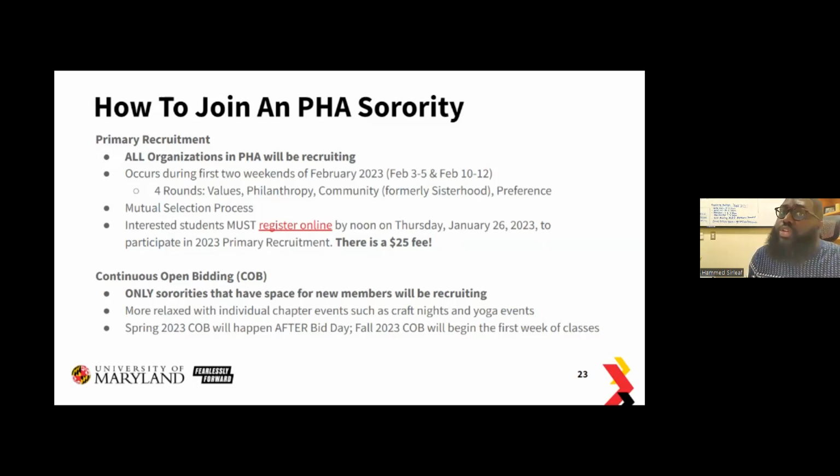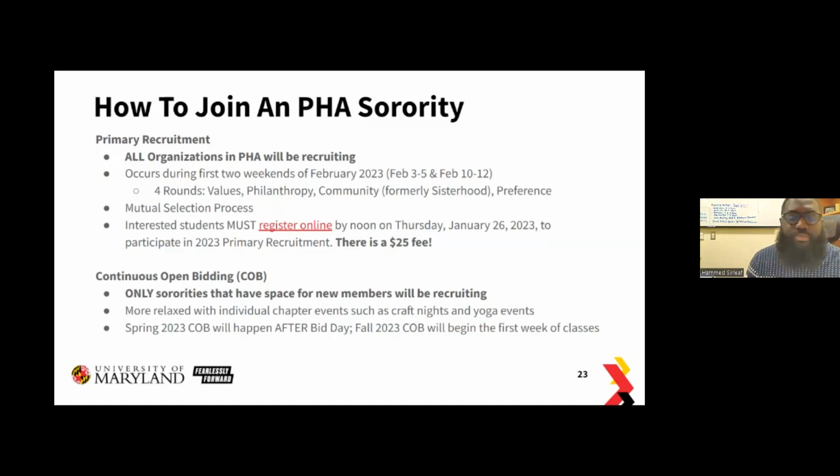And the sororities within the PHA are doing the same. So we have this computer system to help marry the two and create matchups for each student in each sorority. Students that want to go through recruitment have to register online by noon on Thursday, January 26th to participate in 2023 primary recruitment. There's a $25 fee that includes access to the computer system, a t-shirt, food, and other fun things that will